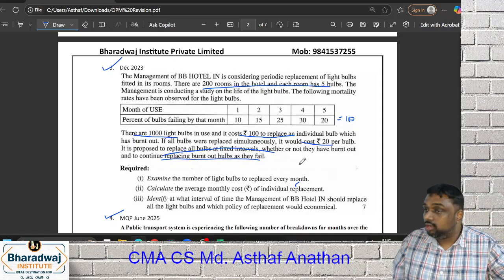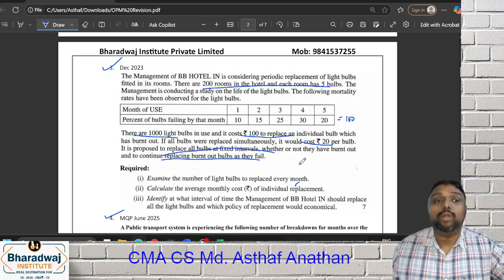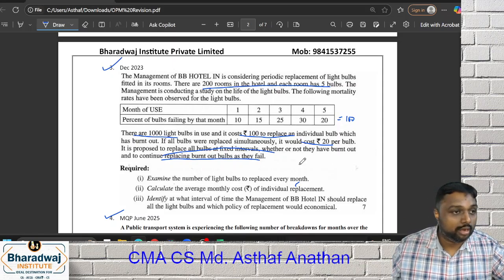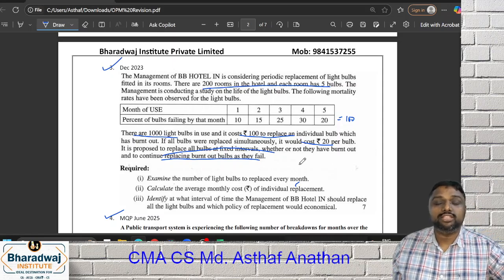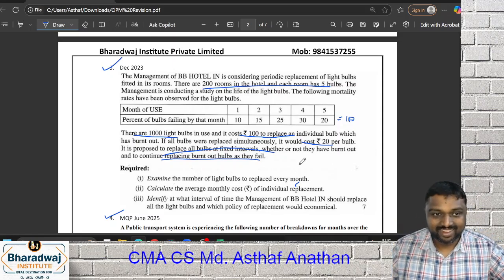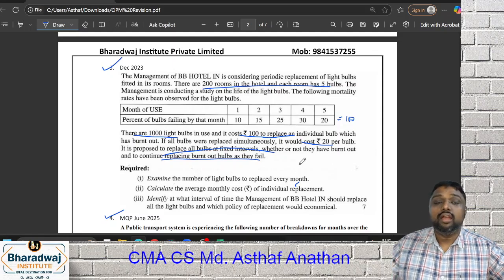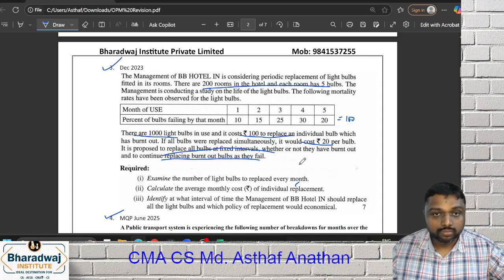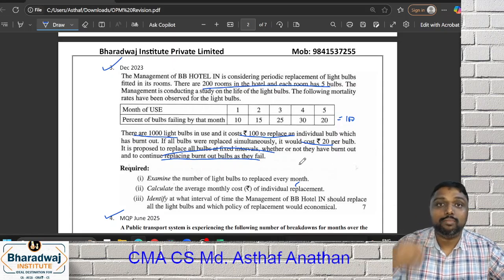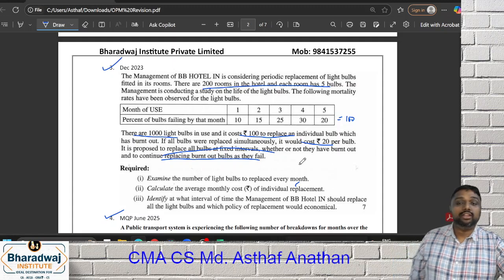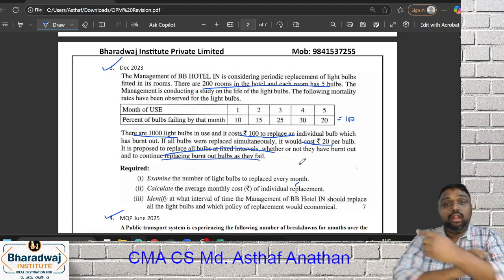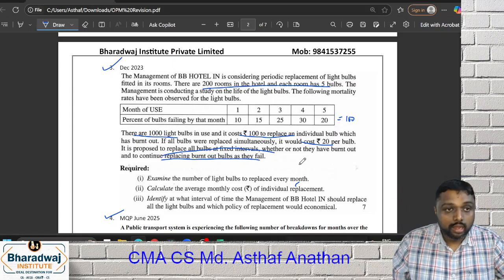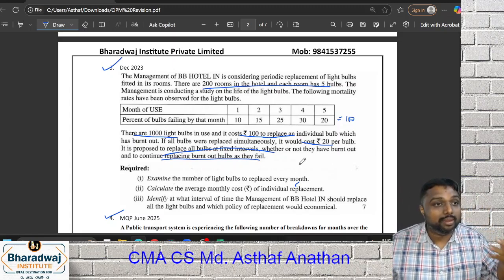Continue the old bulbs, replacing individual bulbs as and when they fail. What is the meaning of that? I will tell you one example. In the hotel, we use 1000 bulbs. We decided that we will change every month. That means if you change today, the next change will happen after 30 days. Now my question is, will any bulb fail within these 30 days? Definitely. Maybe the next morning one bulb will fail. Now tell me, dear friends, will you wait until 30 days later to change the bulb, or will you change it immediately? You need a bulb, so you will change it immediately.